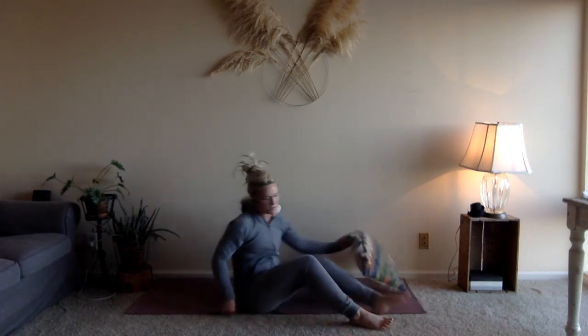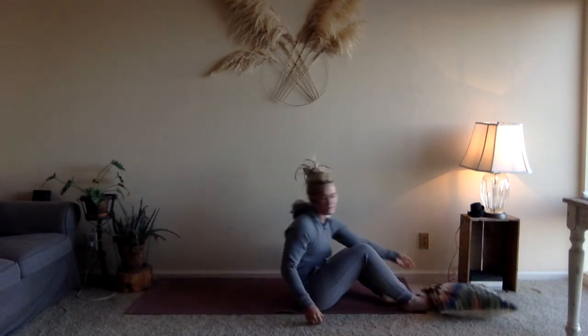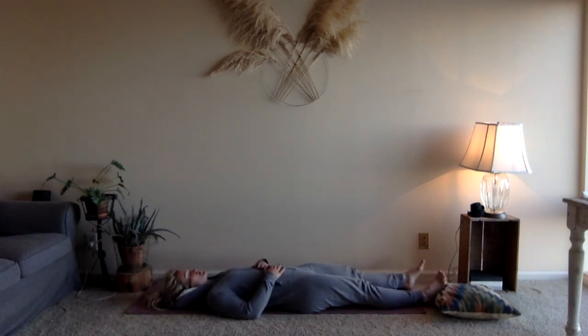And just lie down on your back for a moment. Don't worry about your pillow just yet. Lie down on your back for a moment. Rest your hands on your belly, and let's take it through 10 nice deep belly breaths, coming back to the